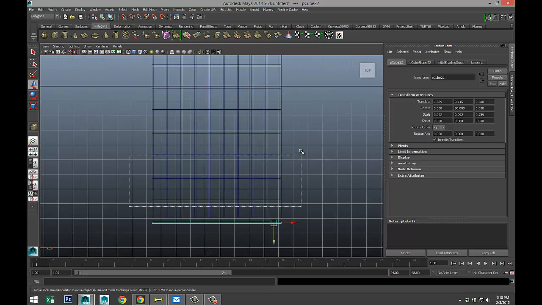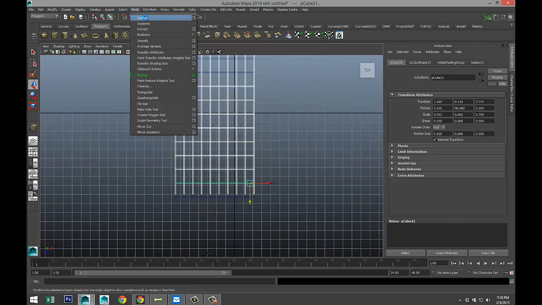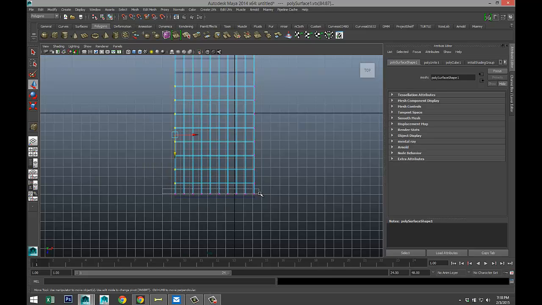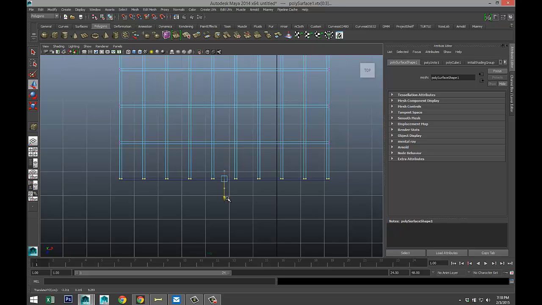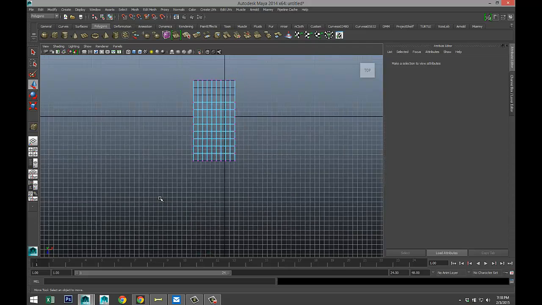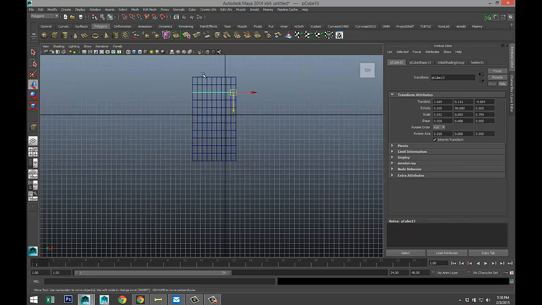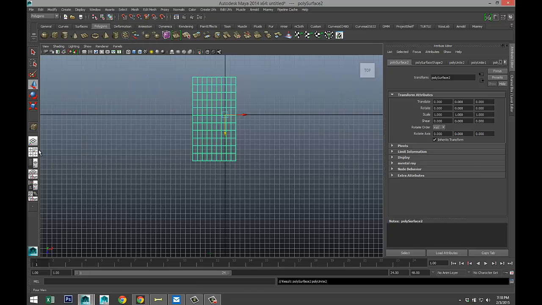And then we're gonna take this whole section, go to Mesh, Combine, right click Vertex, drag select these bottom vertices, zoom in, and bring those down. All right, drag select it again, right click object mode, there we go, mesh combine. Okay,